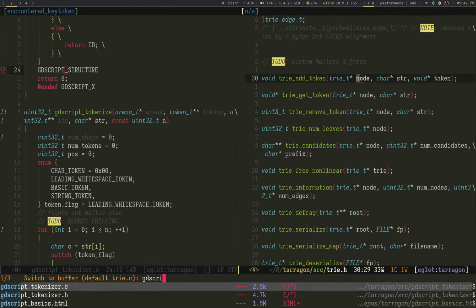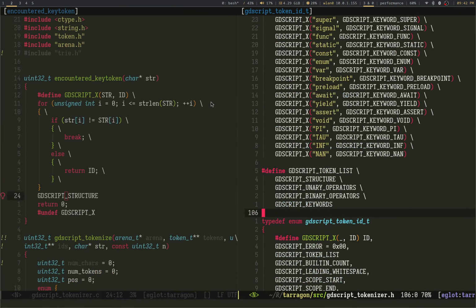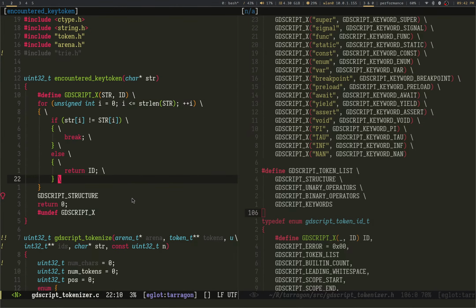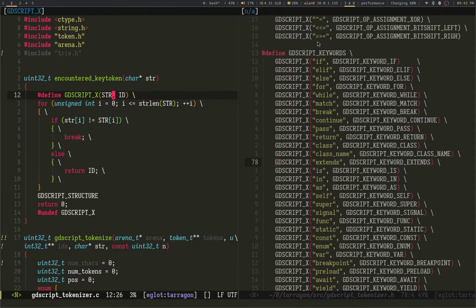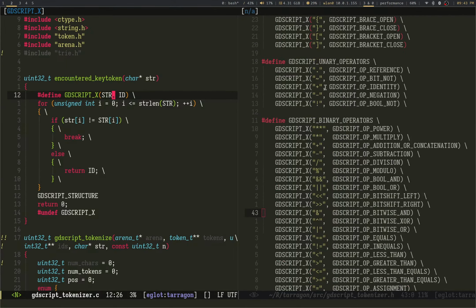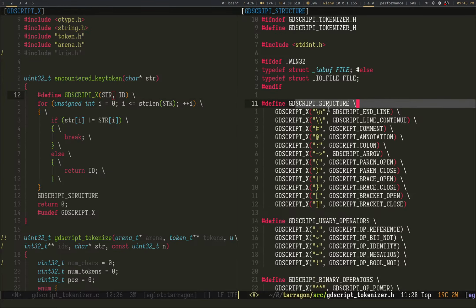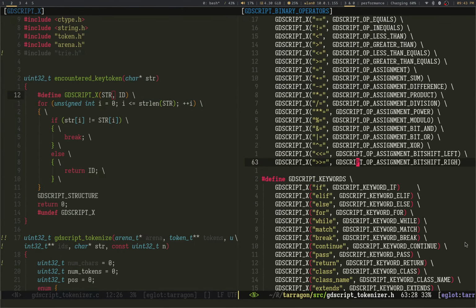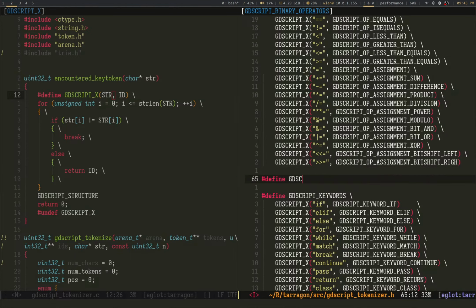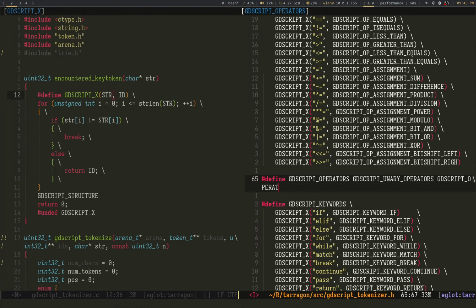Buffer GDScript. I don't want the keywords. I want everything but the keywords. So of course this is going to be structure, unary operators, and operators. And I'm just going to define GDScript operators to be GDScript unary operators and GDScript operators.